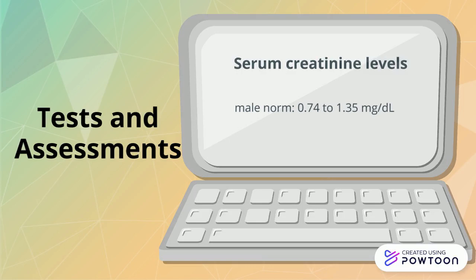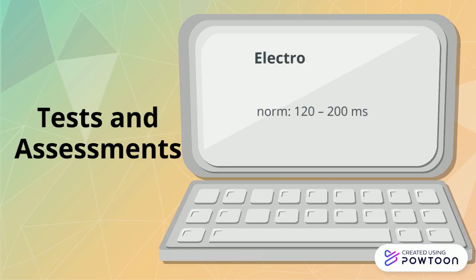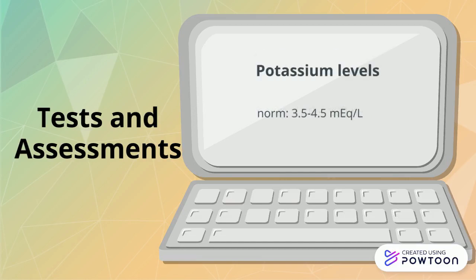The third one is blood glucose levels. It assists in the diagnosis of diabetes mellitus, which could be a complication. An electrocardiogram is done to provide information about the cardiac status in case there are any problems with the heart. The measurement of serum electrolytes, especially potassium, is done to detect hyperaldosteronism, a cause of secondary hypertension.